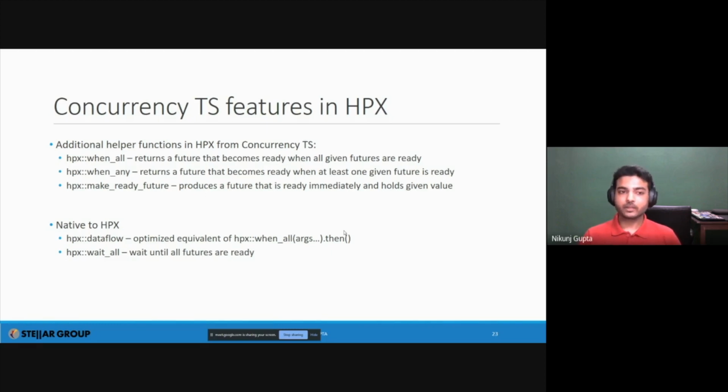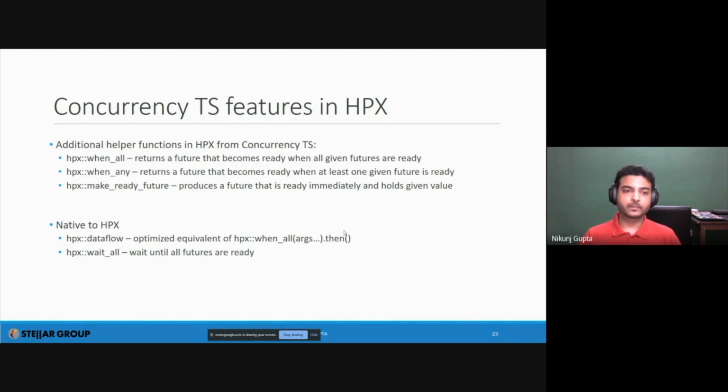So one of them is when_all. It essentially returns a future that becomes ready when all of the futures that are passed to that function become ready. Similarly, we have when_any, which returns a future that becomes ready when at least one given future is ready. And similarly, we have make_ready_future, which produces an instant future with the value that you pass to it.